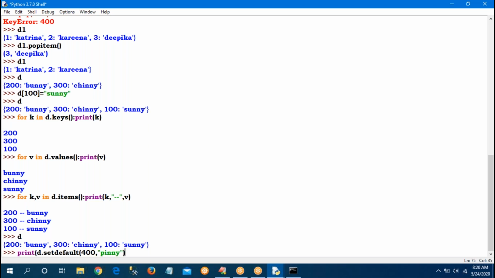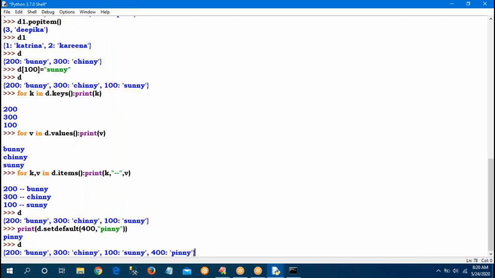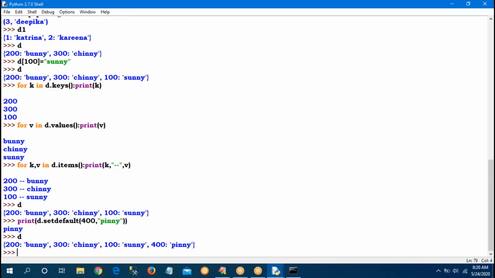Sir, what is the meaning of setdefault? If the specified key is not available in my dictionary, then the value will be added into the dictionary. Because 400 is not available, it is happily added.